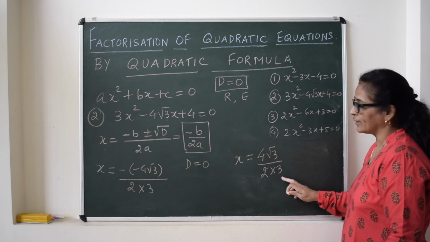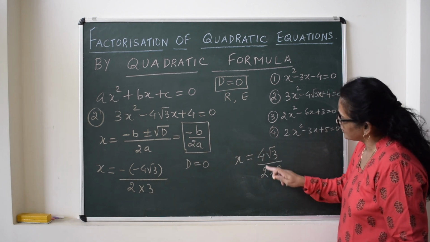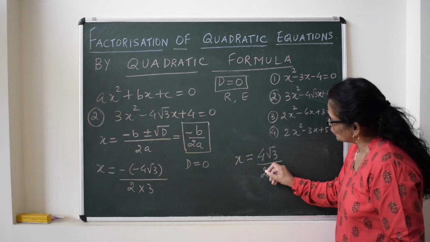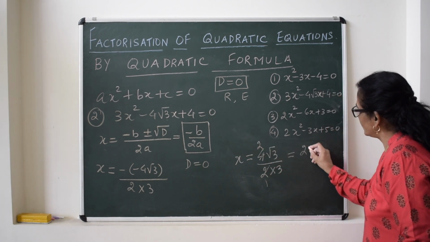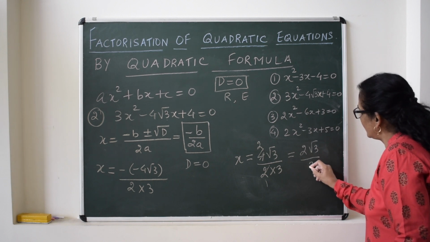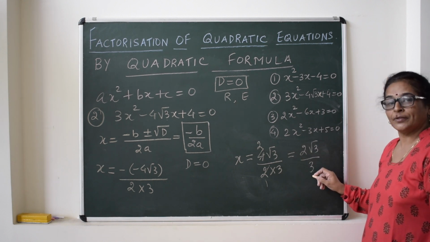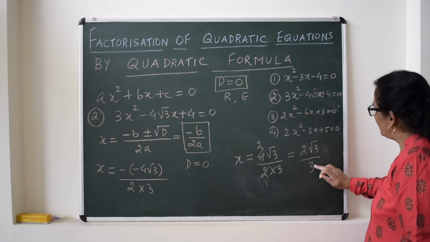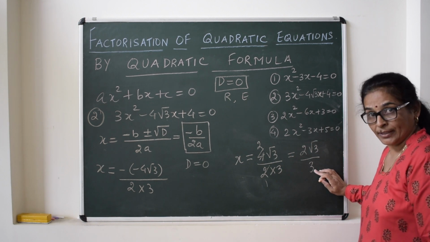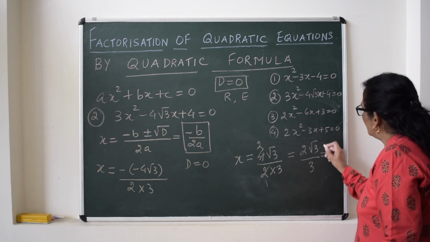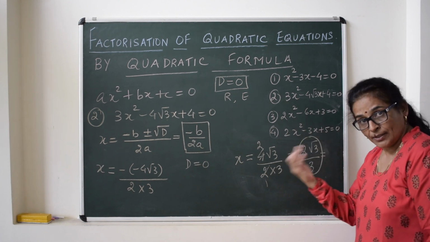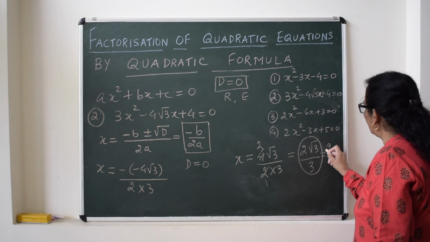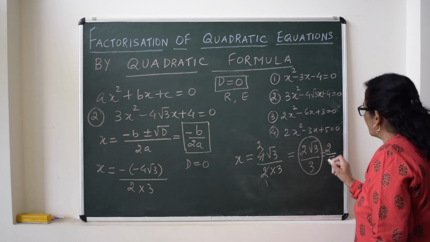Purposely I have not solved it because I can see that this can be cancelled easily. So 2 1s are and 2 2s are, and when you see this 3 and root 3, we can further cancel it also, because 3 is root 3 into root 3. Or if you want to leave the answer like this, you can. But further if we want to solve, it will become 2 upon root 3.